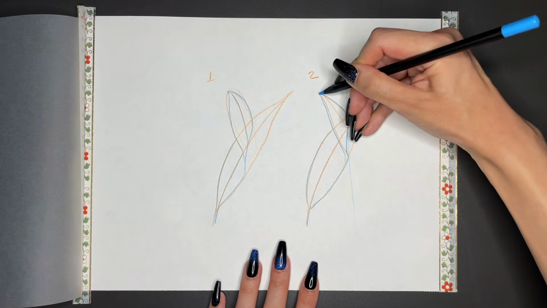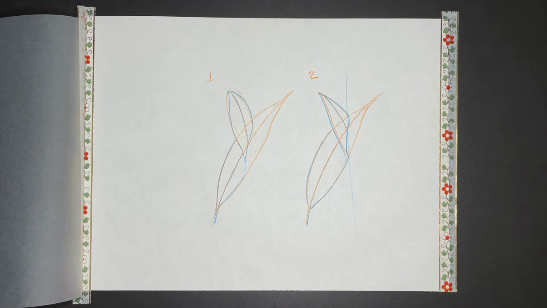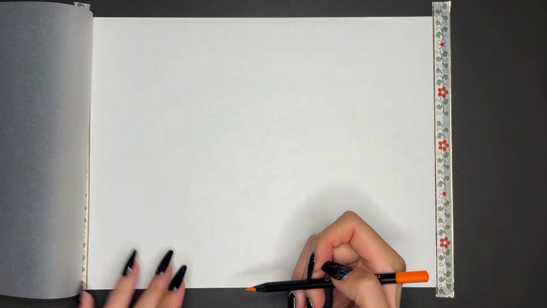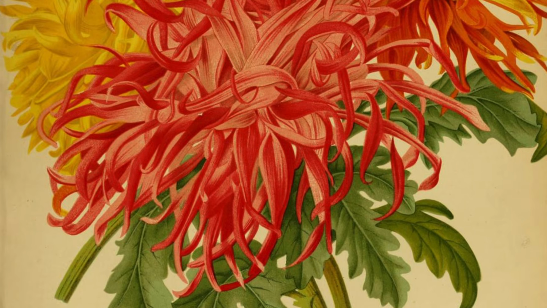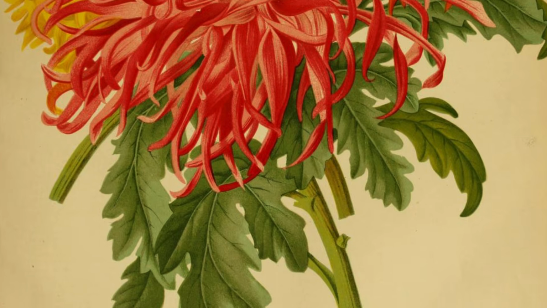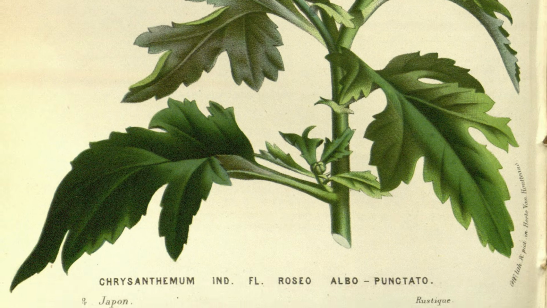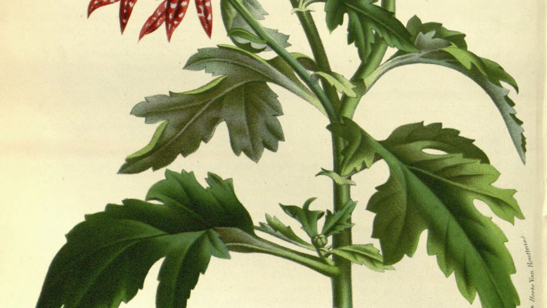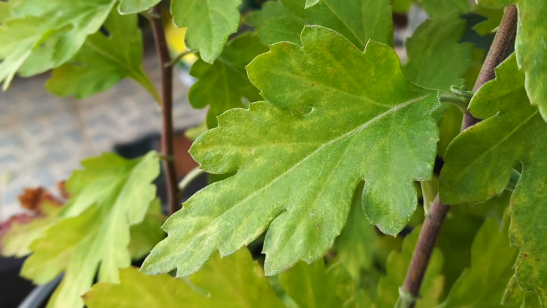For the next leaf, I will be using this method because it will make everything easier. So the final shape of a leaf that I'm going to show is the most interesting one, but also the most complicated, and it's that of a chrysanthemum. Interesting because the chrysanthemum leaf, apart from also having multiple tips, it also has a lot of texture around each